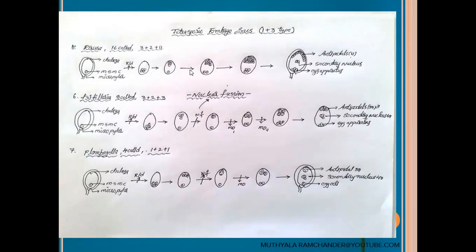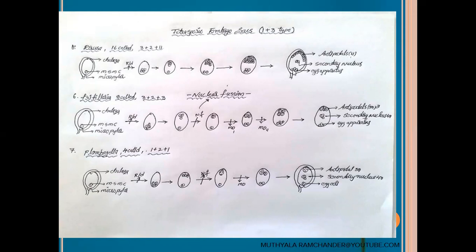These participate in the first mitotic division and second mitotic division to form 16 cells. At the chalazal region 12 cells are present and at the micropylar region 4 cells are present. From each corner, a single cell reaches the center region of the embryo sac. They act as a secondary nucleus. And the remaining cells at the chalazal region, 11 cells, act as antipodals. And the remaining 3 cells at the micropylar region act as the egg apparatus.